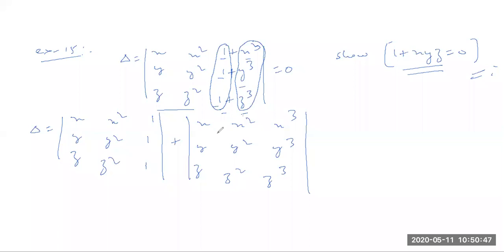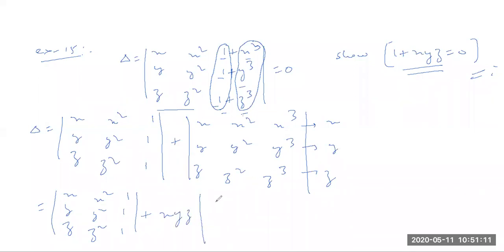So do one thing. You can see that first of all from this row we can take x common, from this we can take y common, and from this we can take z common. So just do the same. It will be written as it is: x y z, x square, y square, z square, and 1, 1 and 1, and plus from this we can take x common, from this y, and this will be z. It will be 1, x square; 1, y square; and 1, z square. Okay, this much we have.